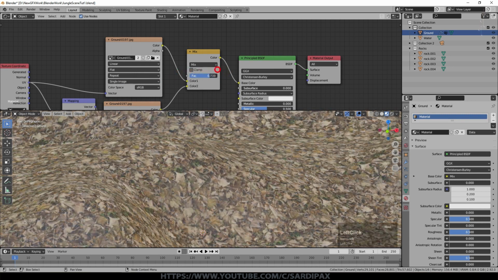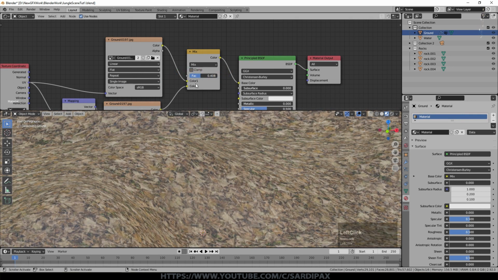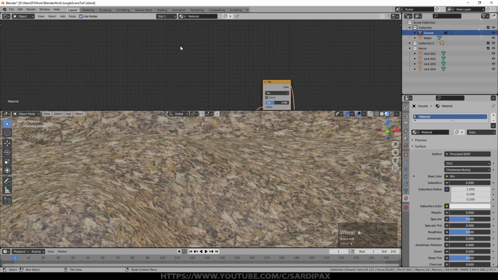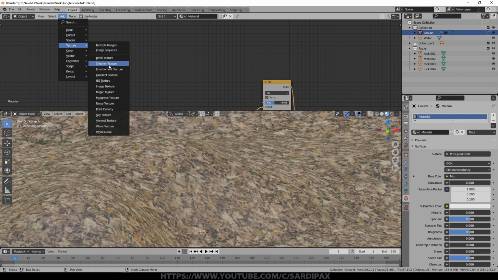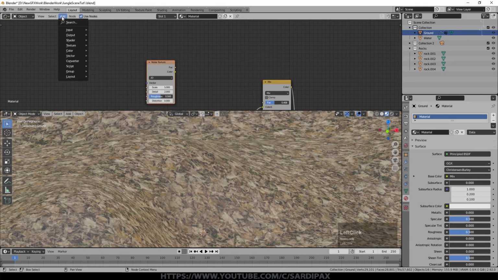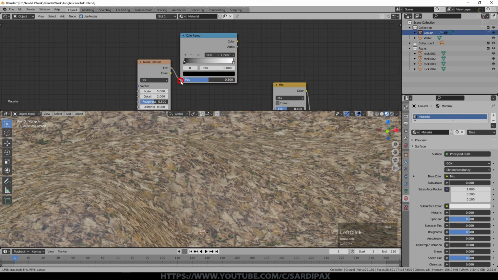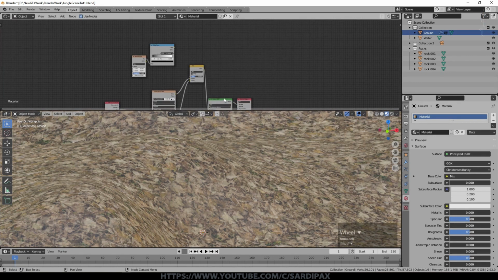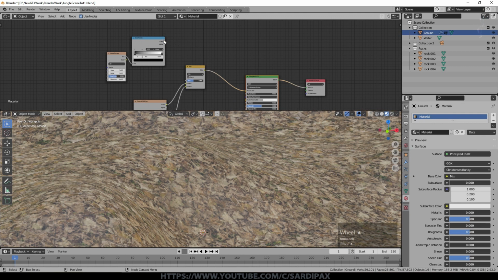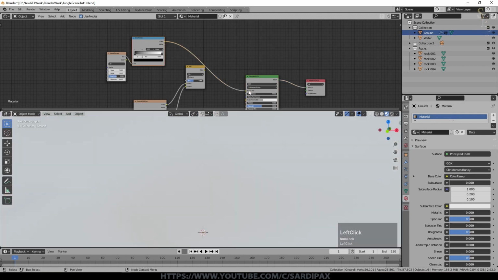So the idea is now that we're going to chop and change between those two to hide some of those lines, to make them less obvious anyway. So we'll lift that up there a little bit, and we're going to add a texture which is a noise texture. We'll also add a converter, which is a color ramp. Put the factor of the noise into the color ramp, and then just to see what we're doing, I'll take the output of that color ramp straight into my principled shader.